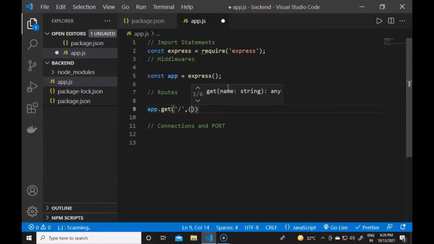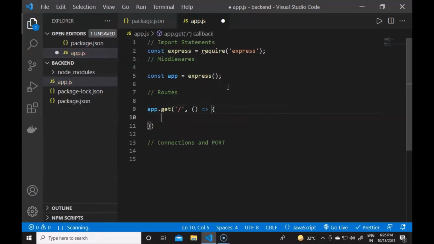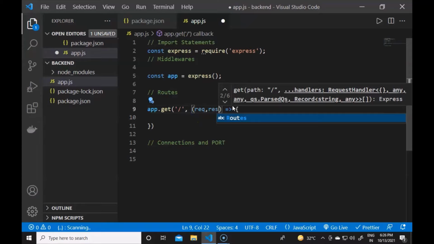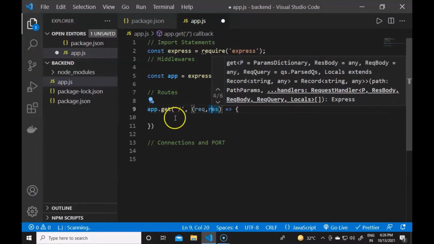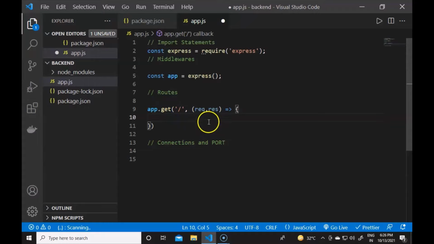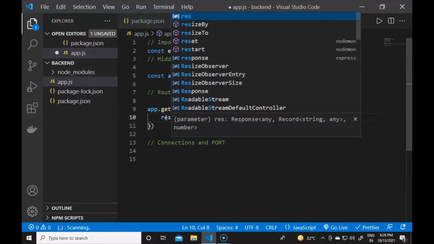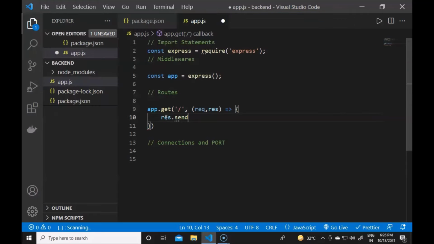For the callback, I can declare an arrow function with two parameters, request and response. Whenever we open the server, the response will send hello on the web page.